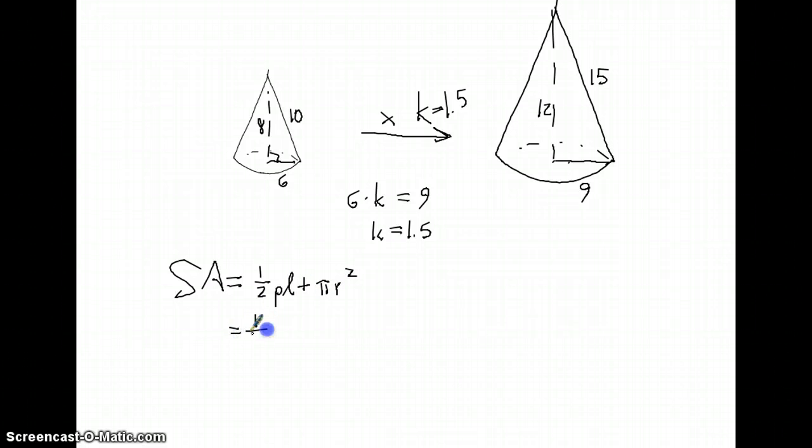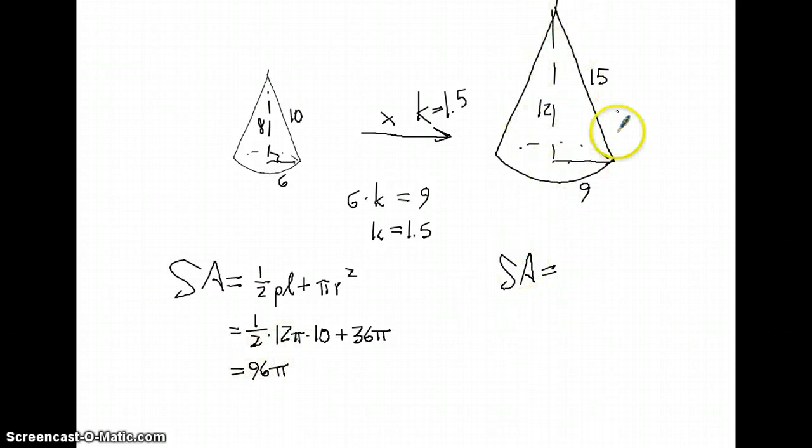Half times the perimeter of the base. Well, the perimeter of the base is 12 pi. The slant height I know is 10, plus pi r squared. Nice. Okay, half times 12 is 6, times 10 is 60, plus 36 is 96 pi. Great. Surface area over here, now here's the whole point of this whole section, is I know this is 96